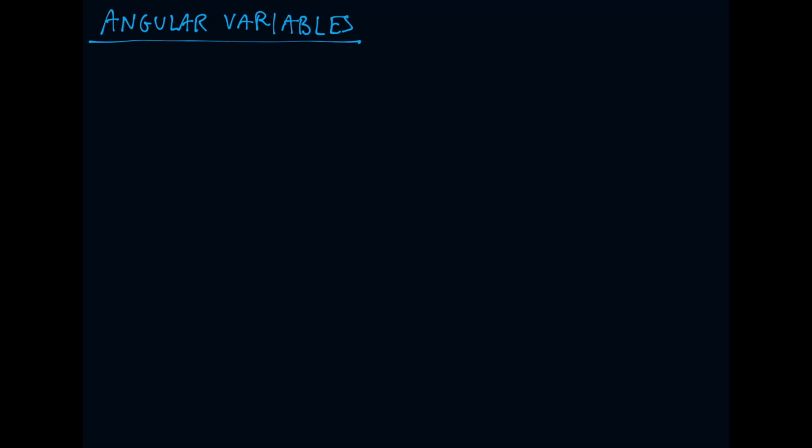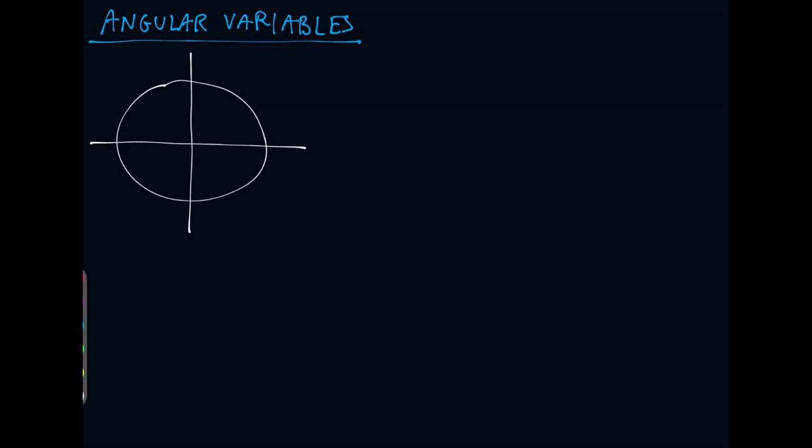Hello friends and welcome. In this short video we will talk about angular variables, so polar coordinates and a couple of definitions of mathematical objects and physical quantities that we'll use when we study rotations and circular motion and simple harmonic motion. And we start with our good old construction of the unit circle, or actually a circle of radius r,